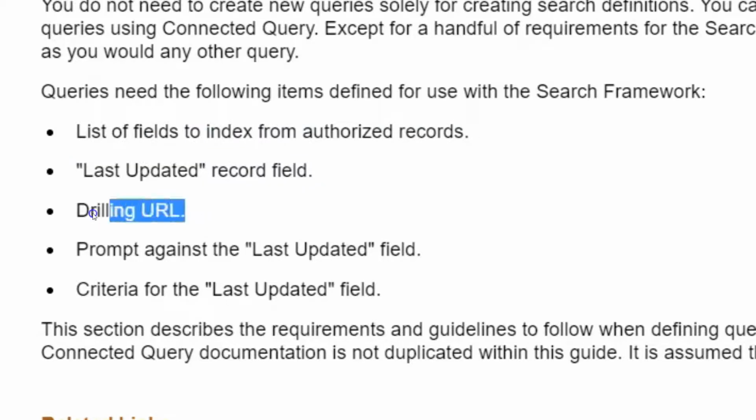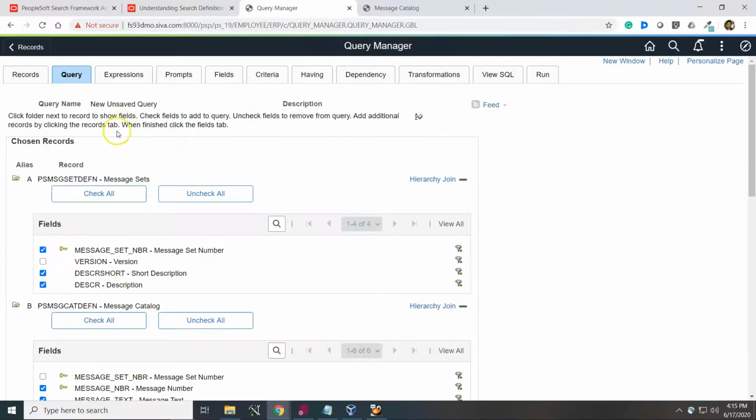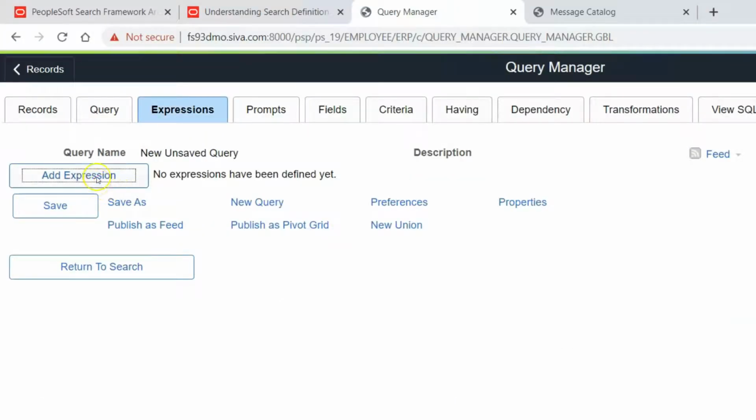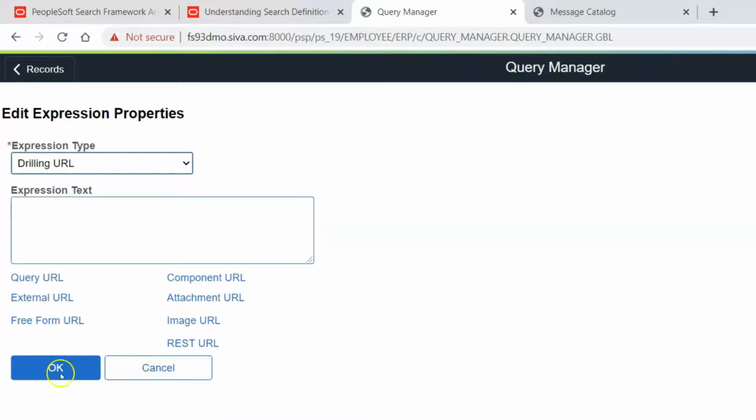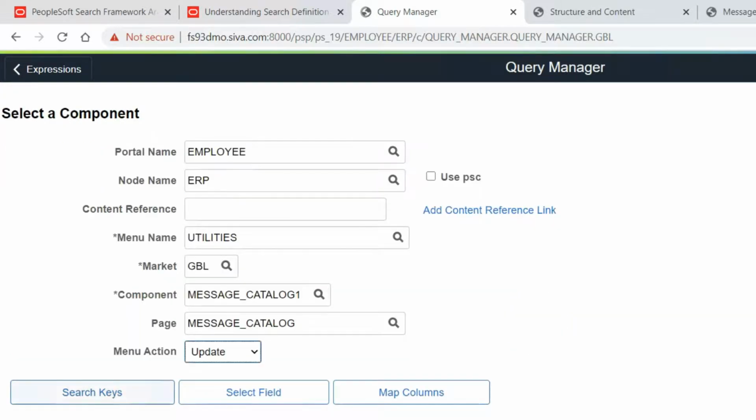Now let's go ahead and create drilling URL. In order to create drilling URL, navigate to Expressions, Add Expression. In the drop down, select drilling URL. Here you will see a bunch of options. In our case, we will help the user to navigate to the message catalog component. I will select component URL and fill the details related to our message catalog component.